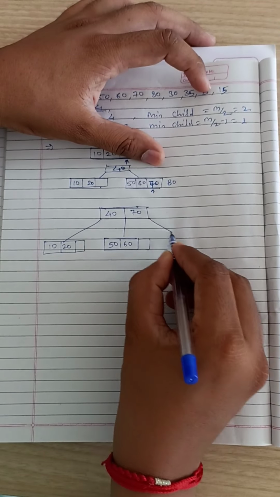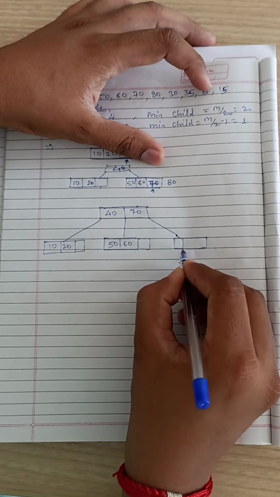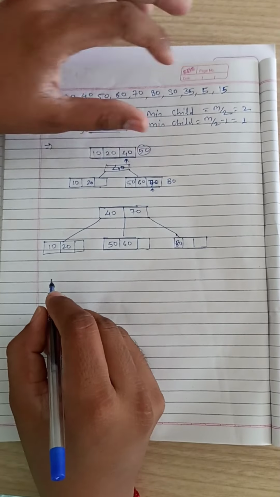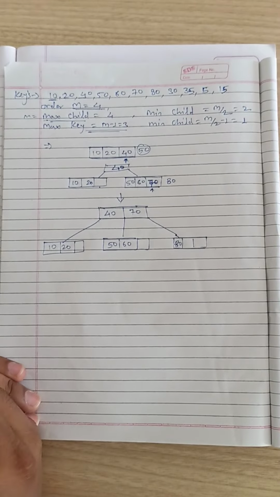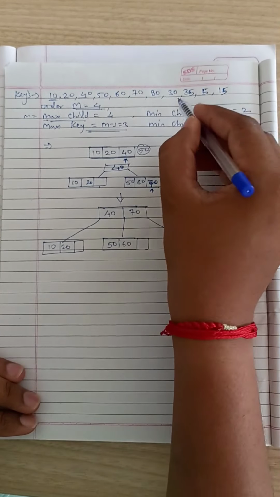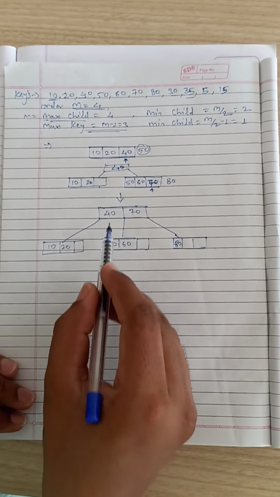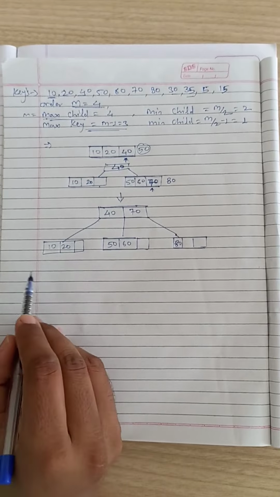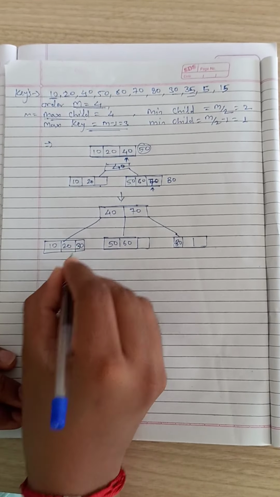And we have created a new node with the element that is 80. So our key is 80, and we can insert two more keys here. Okay, so this is our new node. After this, now what we have to do, we have to insert 30 and 35. Now 30 is lesser than 40, so where to insert? So we will insert it here in this node.